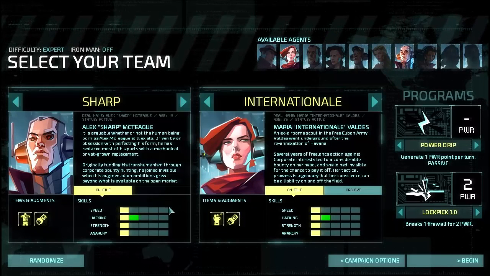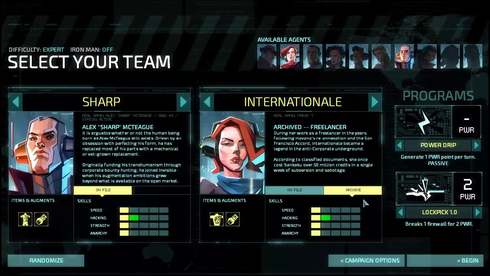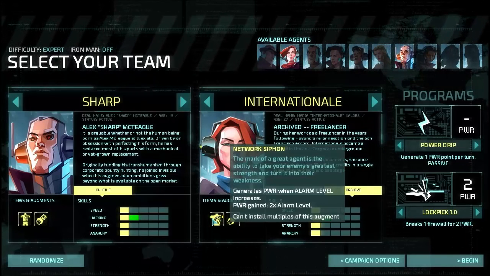As far as stats go, both Sharp and International start off with a bonus point in hacking, so they'll gain extra power from hacked consoles, which is good. And we'll have an archive version of International available if we want it, but we don't really want it. This ability is an unusual one. It generates power whenever the